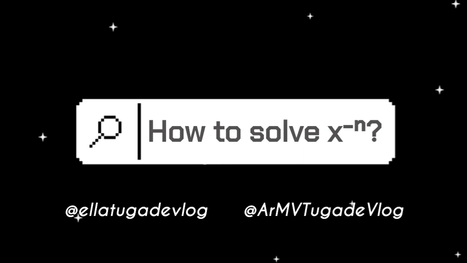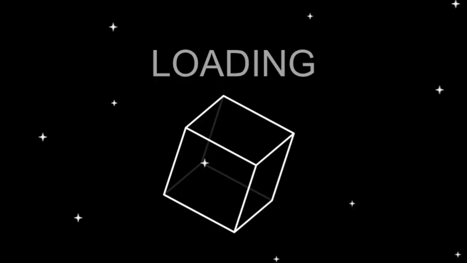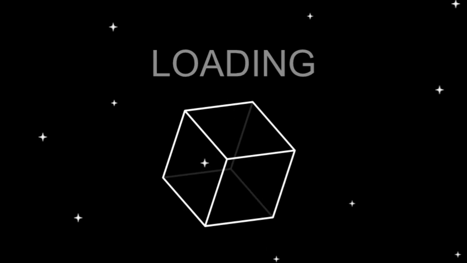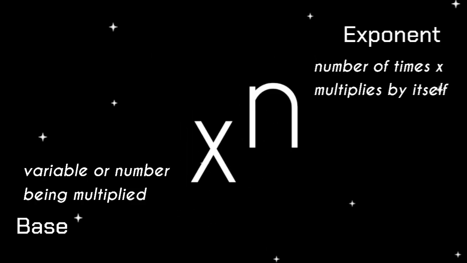How to solve x raised to power of negative n. First, let's go back to parts of power of number. There is exponent or n, the number of times x multiplies by itself, and base or x, or the variable